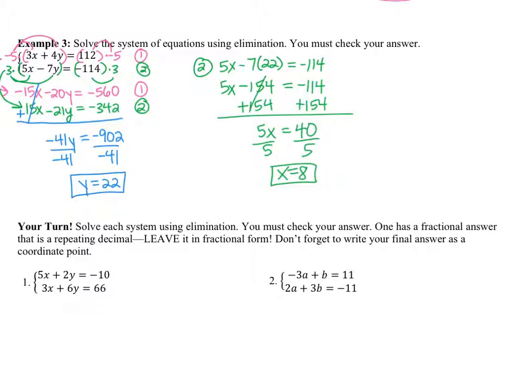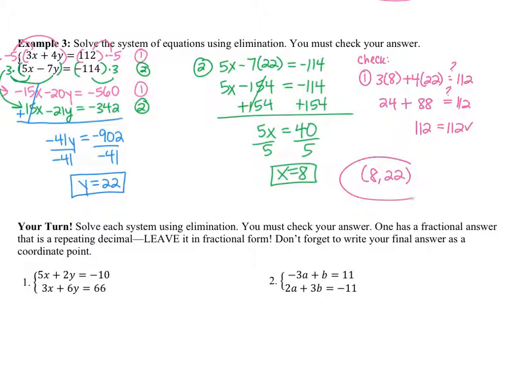So now we need to check our answer in the first equation, since we just used the second equation. So to check our answer, 3 times our x, which is 8, plus 4 times our y, which is 22. Is that really equal to 112? 3 times 8 is 24, plus 4 times 22 is 88, is equal to 112. And yes, 24 plus 88 is equal to 112. So our answer is correct, and we write our final answer as a coordinate point because that's where those two